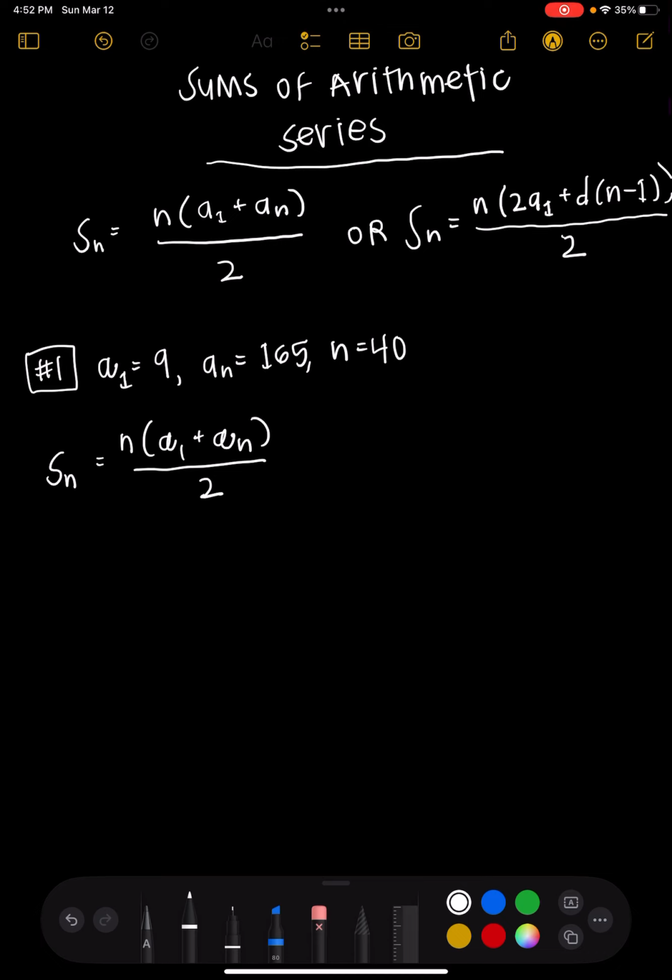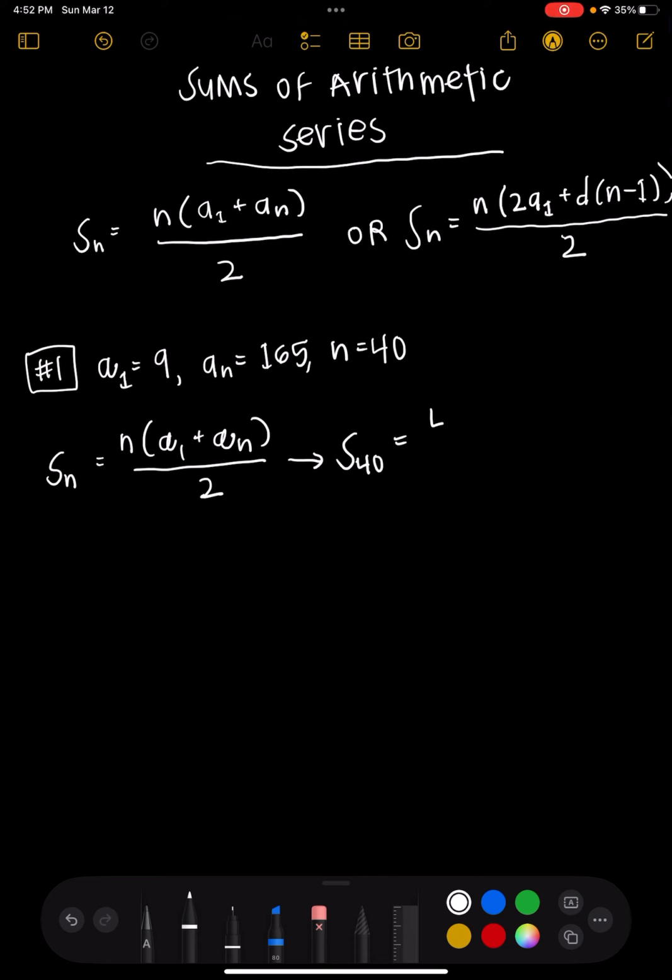Whereas for the second equation, I would need to know what d is, our common difference, and I wasn't given that. Potentially I could figure out what that is, but this is easier. I can just plug everything that I already have into my first formula and get an answer. So when I plug this in, I'm going to have S sub n, which we know n is 40, right? So I can change it to S sub 40 is equal to n, which I know, once again, is 40, times a sub 1, which is 9, plus a sub n, which is 165,